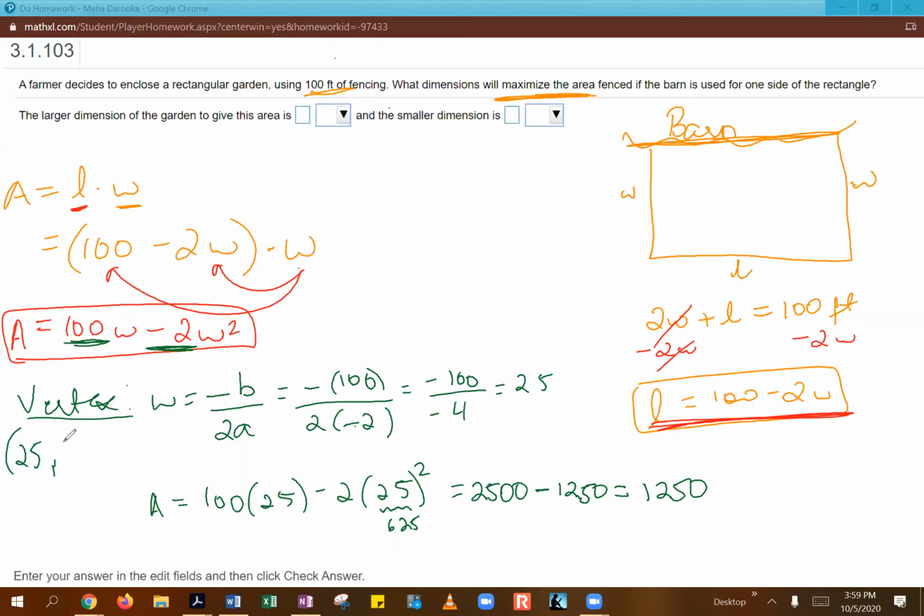So your X value for the vertex is 25. The Y value is 1250. And you should notice, since our A value was negative 2, if this was a parabola, it would definitely be a parabola opening downwards. And then our maximum value, or the vertex and the maximum value would, of course, coincide at this point over here. So this is basically telling us that to get the maximum area for our,